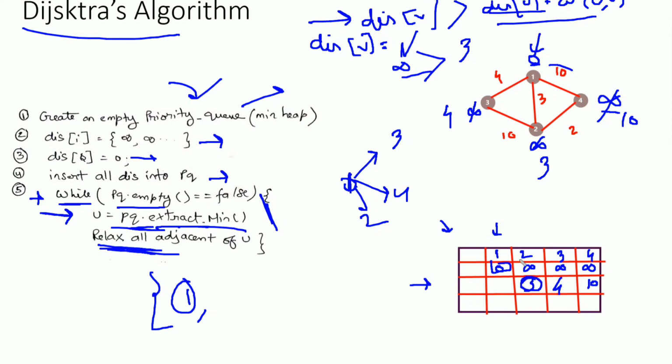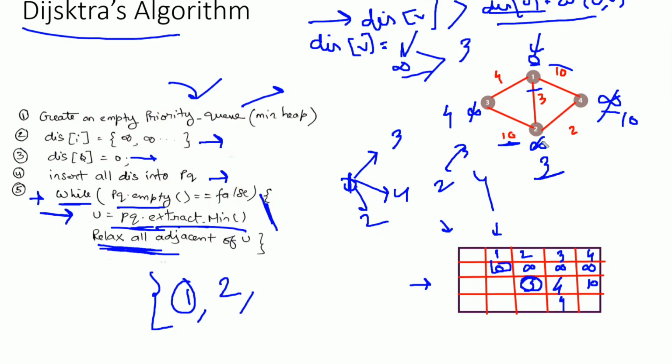So we will include vertex 2 in our set, and after including it we will iterate over its adjacent vertices. From vertex 2, the adjacent vertices are 4, 3 and 1. 1 is already included in the set, therefore we will not iterate it again. So from 2, the adjacent vertices are 3 and 4. From 2 to 3, the current value of 2 is 3, plus 10 is 13, but the initial value of vertex 3 is 4. So we'll not do relaxation for vertex 3.